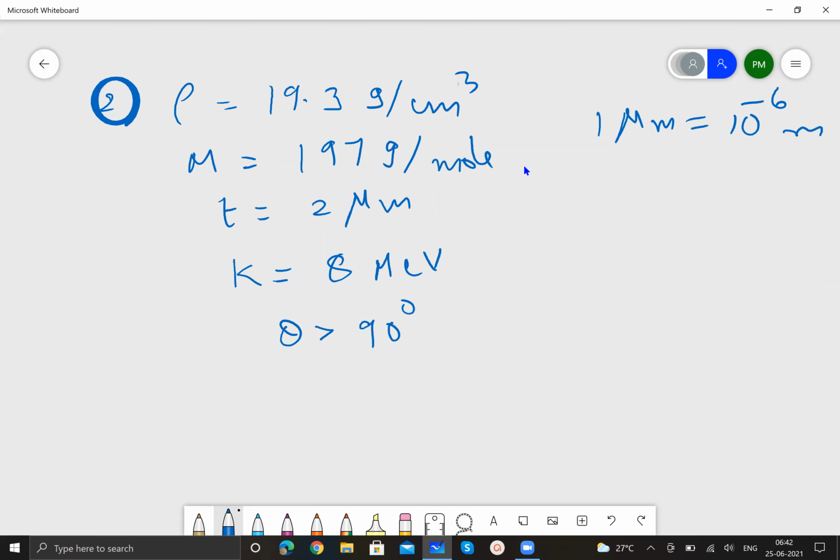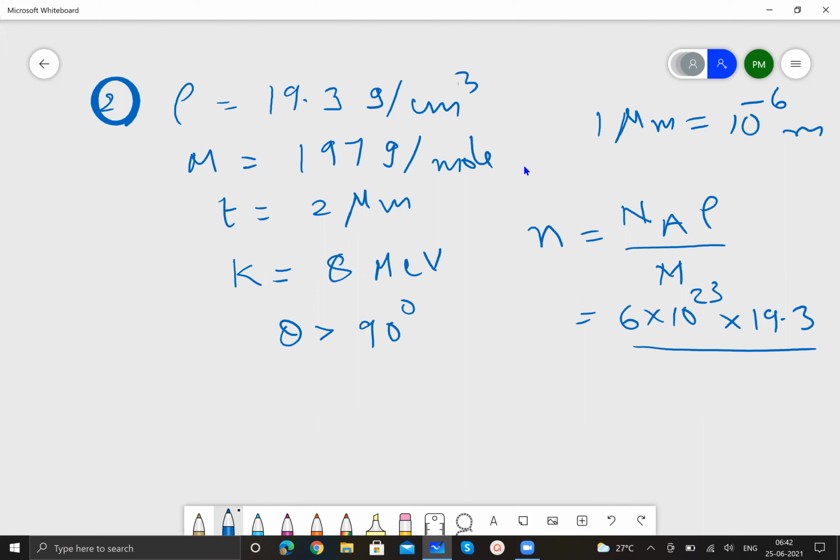So the total number of nuclei of gold present per unit volume can be found using the formula Avogadro number into density by atomic mass. So it is Avogadro number 6.023. I am taking it as 6 into 10 to the power of 23. And density is 19.3 by atomic mass 197. So it will be nearly 6 into 10 to the power of